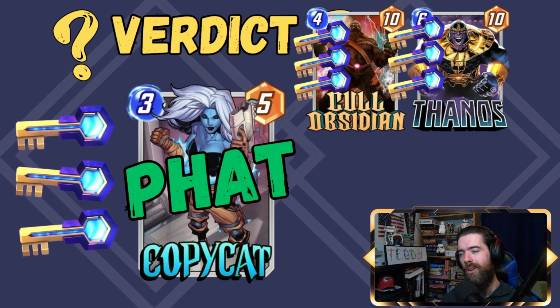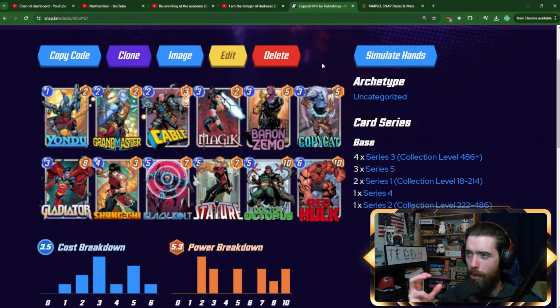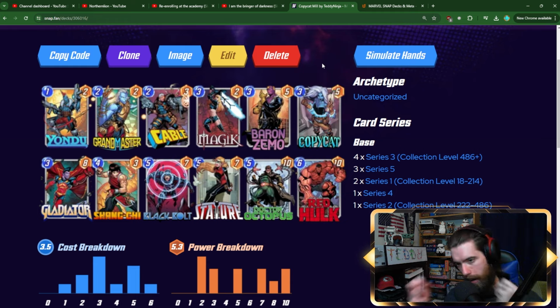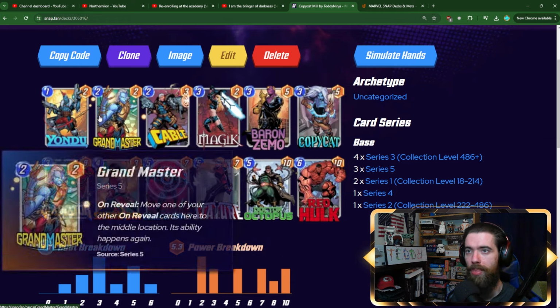Now let's roll over to the decks that I think that Copycat is going to do well in. With both Arishem and Loki decks really known commodities at the moment, I wanted to spend extra time highlighting the Mill build, which I think is a little bit more tailor-suited to letting Copycat shine. We'll see if this ends up being her best deck, but I think it is the one that is going to be the strongest synergies with her. Now, the strongest synergies with a specific card doesn't always lead to being its best list, but this one does